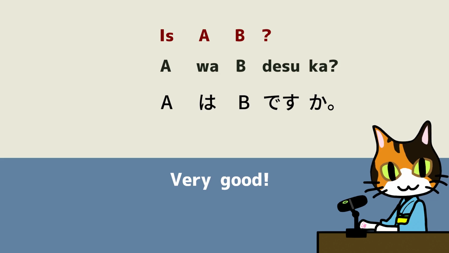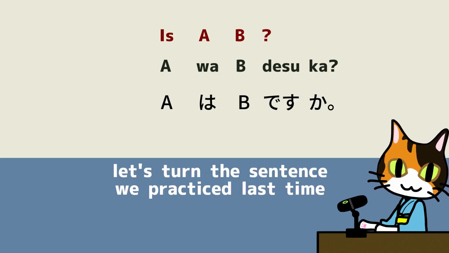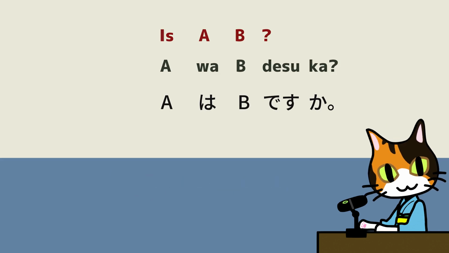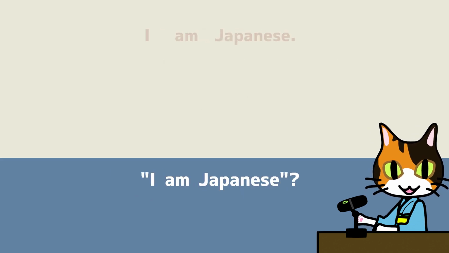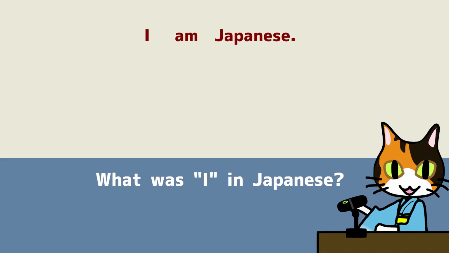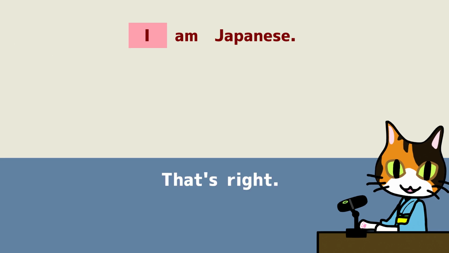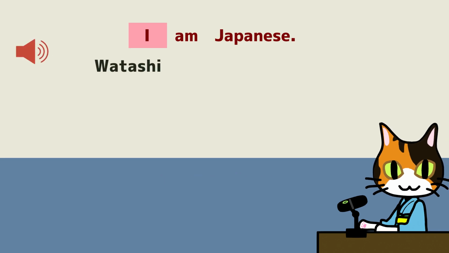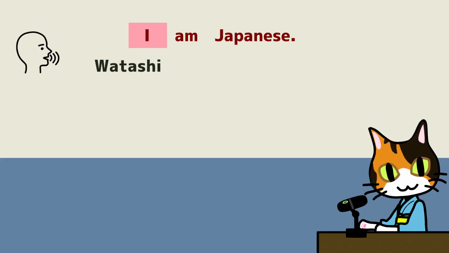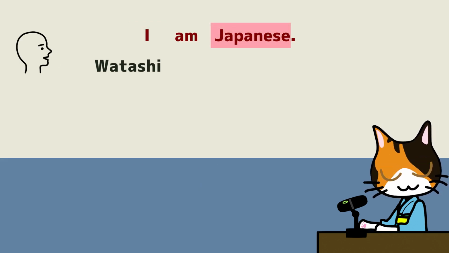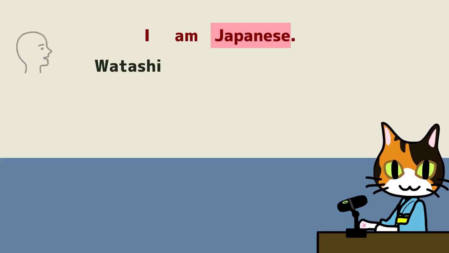Very good. First, let's turn the sentence we practiced last time into a question. Do you remember how to say, I am Japanese? What was I in Japanese? That's right. 私。 So how do you say, Japanese? You remembered well. 日本人。